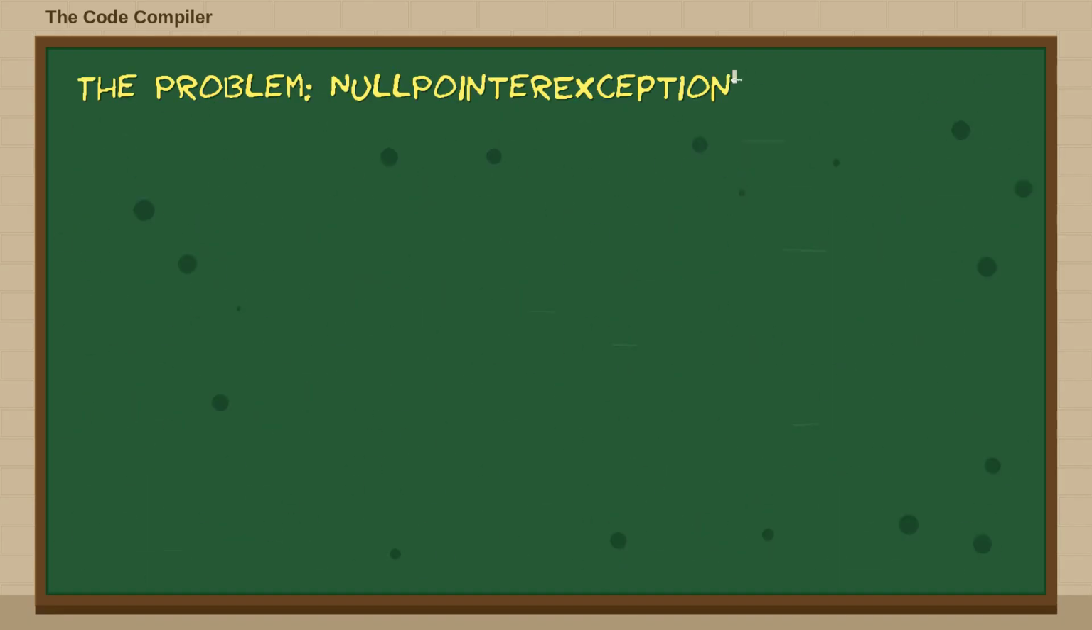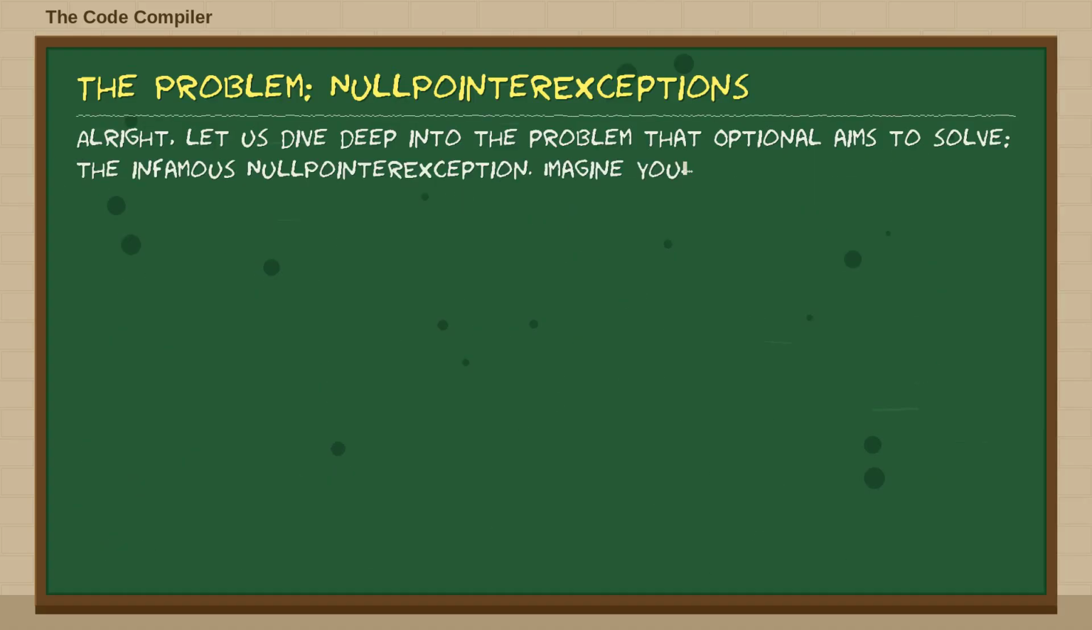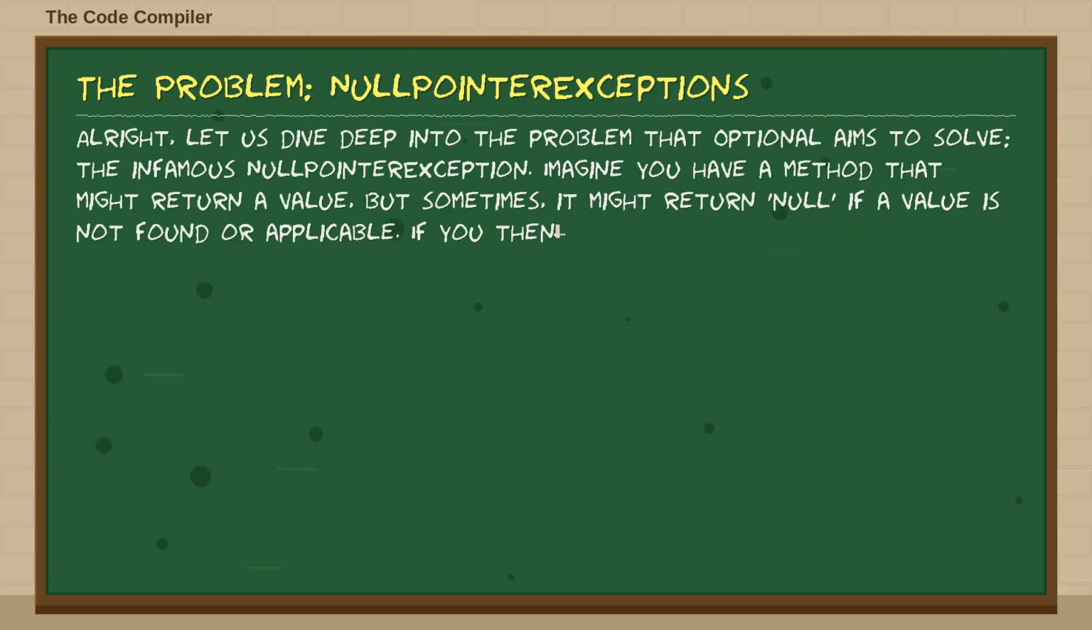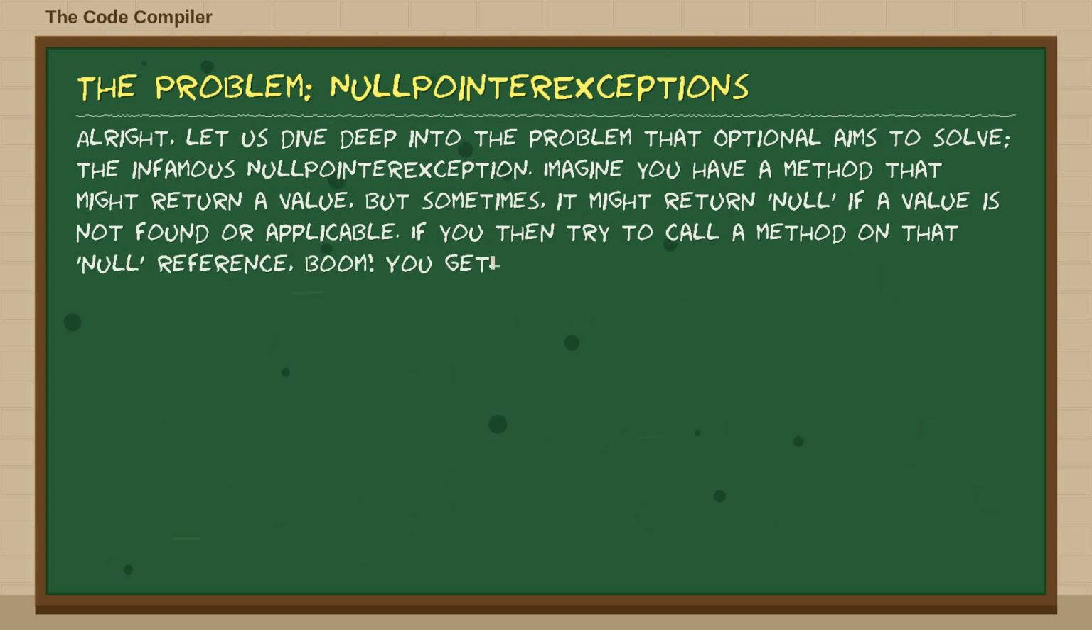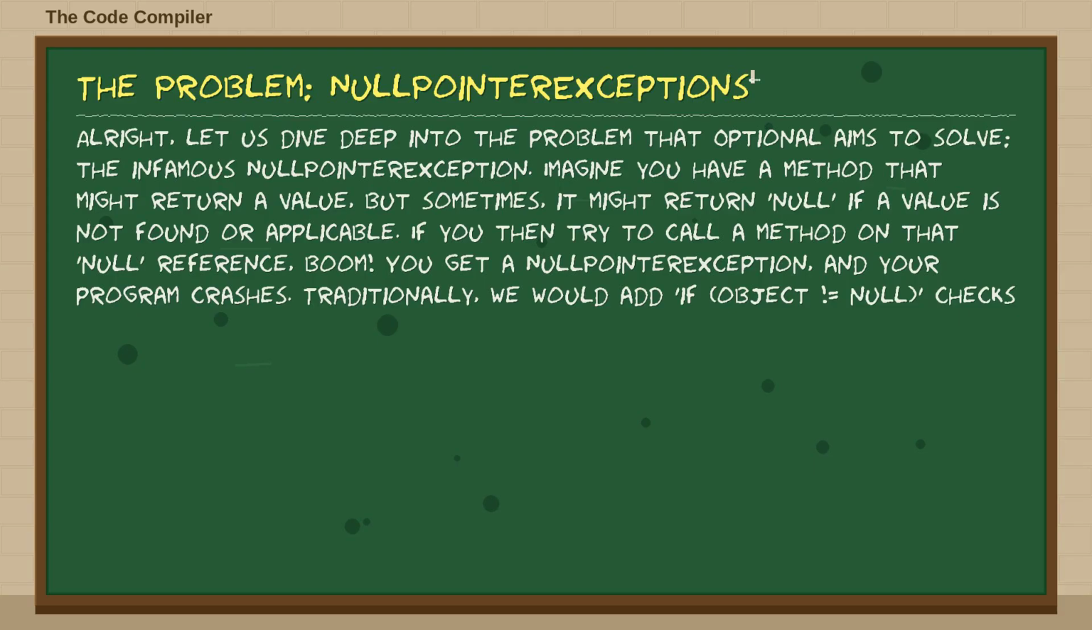Alright, let us dive deep into the problem that Optional aims to solve, the infamous null pointer exception. Imagine you have a method that might return a value, but sometimes it might return null if a value is not found or applicable. If you then try to call a method on that null reference, boom, you get a null pointer exception and your program crashes. Traditionally, we would add if object equals null checks everywhere, which can make our code look cluttered and